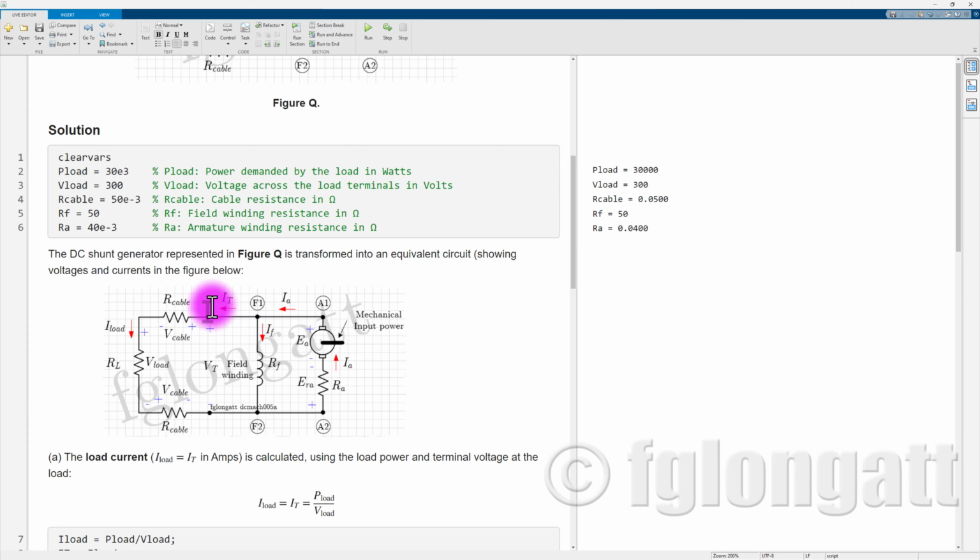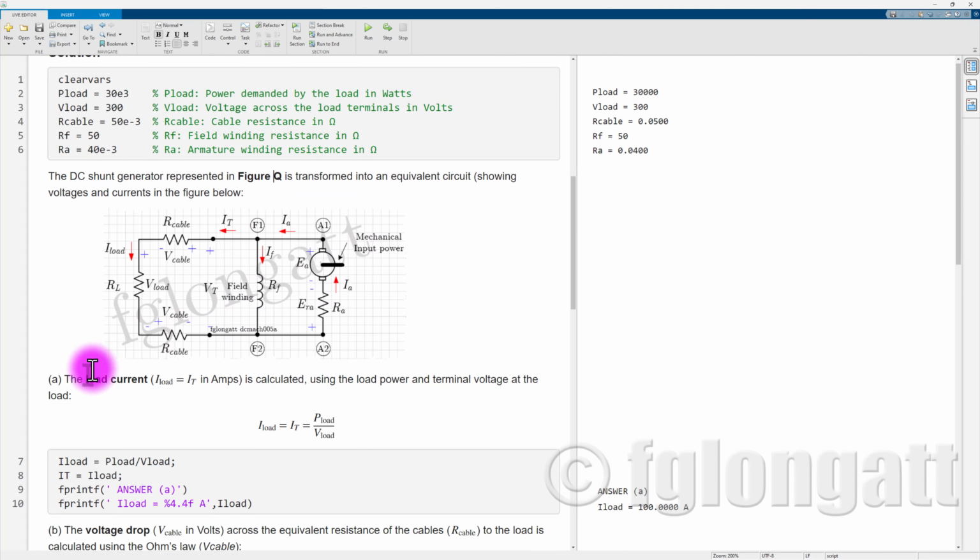Now what I will do is include here references for the voltage drop across the cable. And I will apply all my knowledge about circuit analysis in this very specific circuit where we are connecting the DC generator to the load. So the first question is related with the load current, and the load current is very simple to calculate